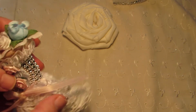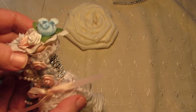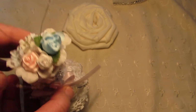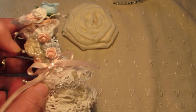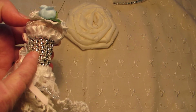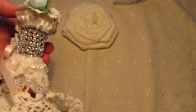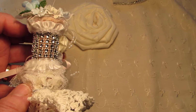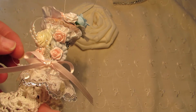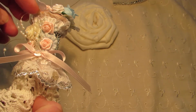Isn't that pretty? And she's got a wire. It feels like a wire hanger, and pretty. All these lovely flowers at the top. The one with a little pearl in it. And coming around here, we've got this stuff. It really does sparkle, doesn't it? I've seen it for sale, and I've wondered about it. I've never bought it, but it really does give off a sparkle. And little loops of pearls here. Lovely little